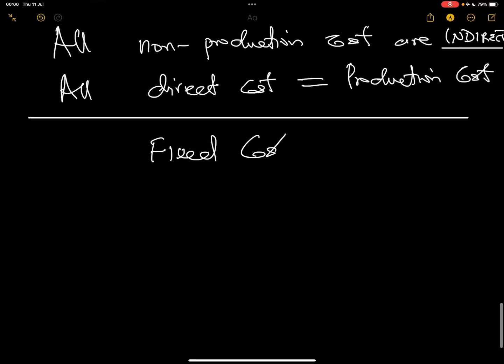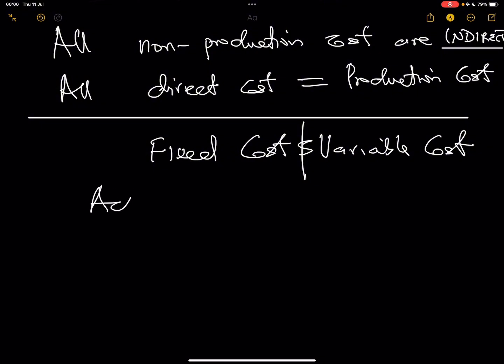Fixed cost. It's talking about the behavior of cost. And you will see variable cost. That's another group that you need to understand the difference. And what are we talking about? This categorization is based on activity. We are asking, how does activity drive